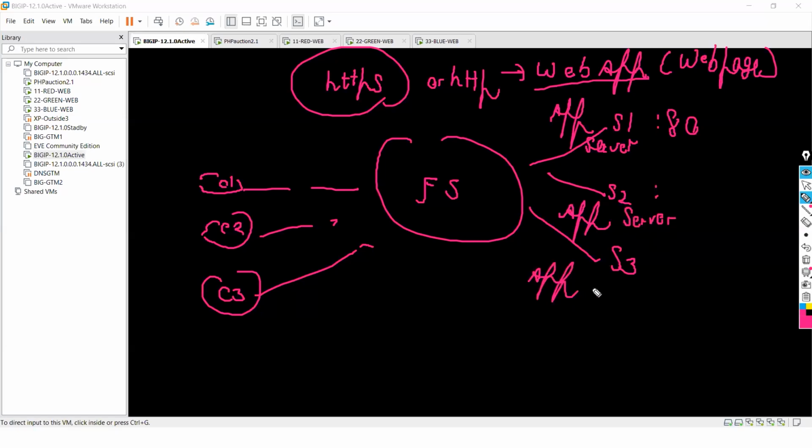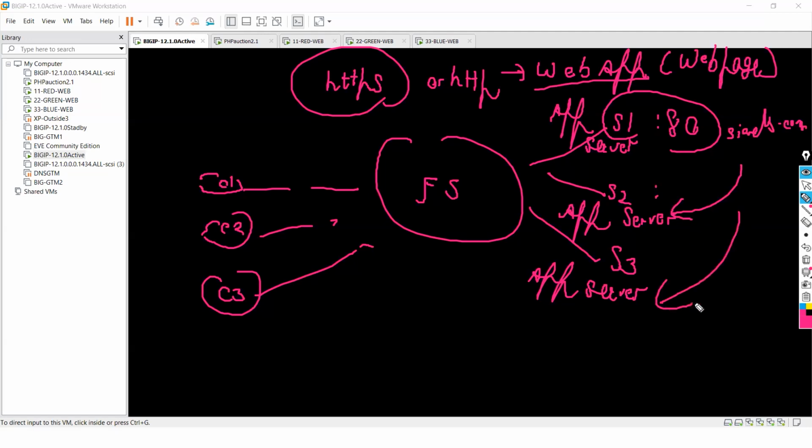So you need to understand the logic. If you understand the basics, guys, for any concept, whether automation, cloud, load balancer, firewall, then you can learn according to your demand. If your basics are not clear, then that will not help you. Okay. Now, in that case, what will happen? SIANETS.com will be hosted here also. The same application will be hosted on server 2 also and server 3 also.